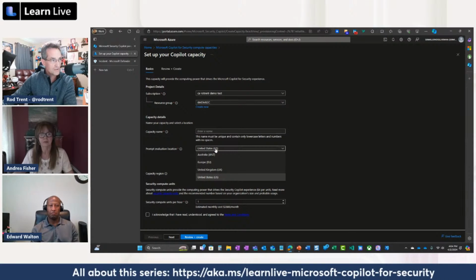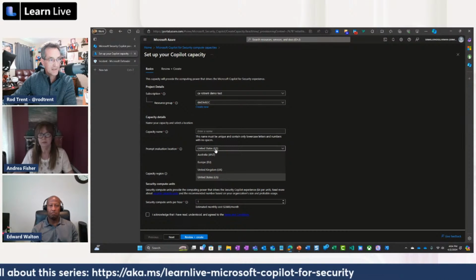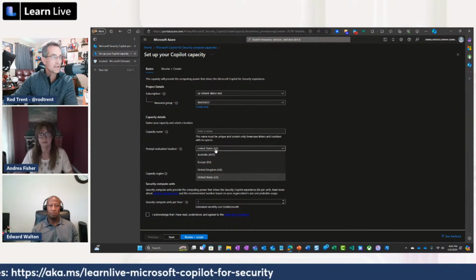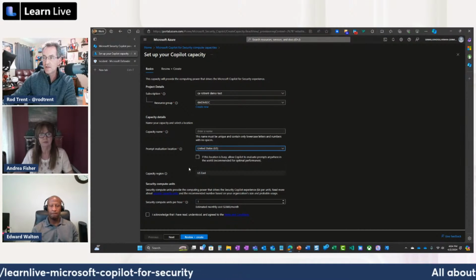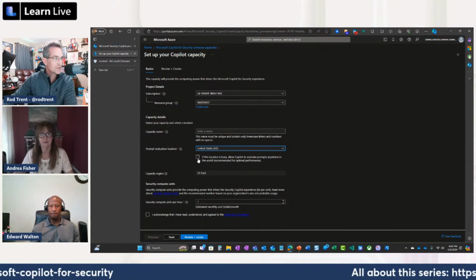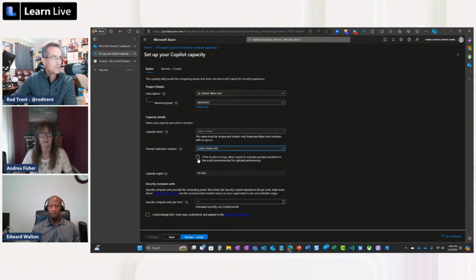These are the regions that the prompts are currently processed in, so select one of those. I saw this checkbox, which I check in mine, but I worked with a couple of customers over the past couple of days who didn't check it, and it didn't process quite as readily. So that's interesting.